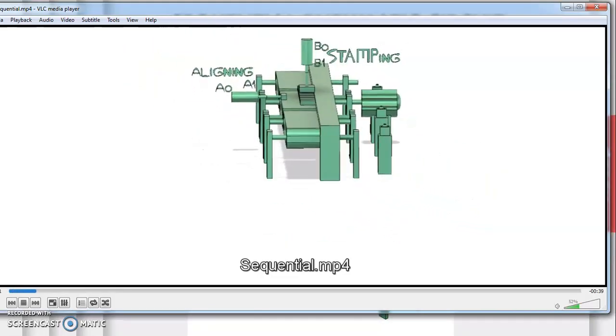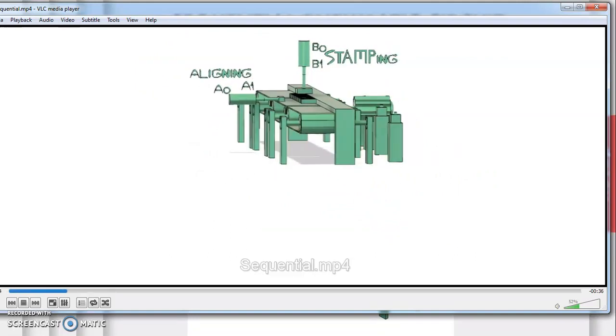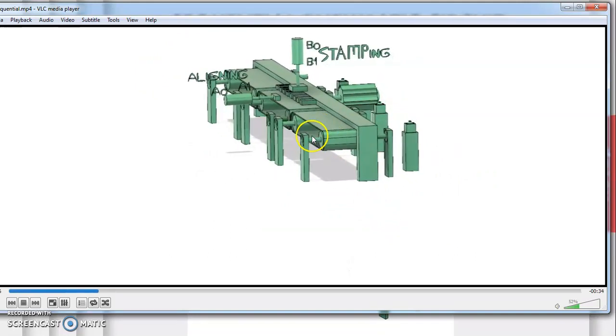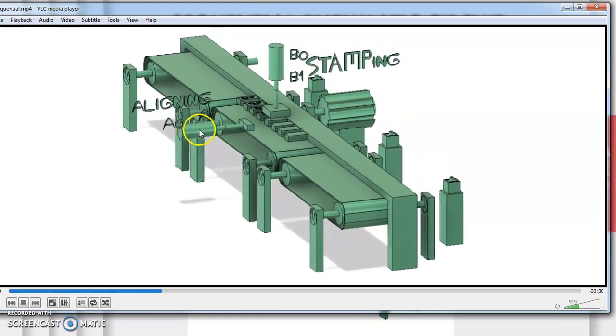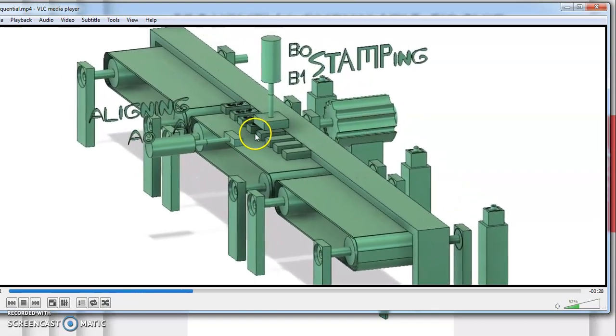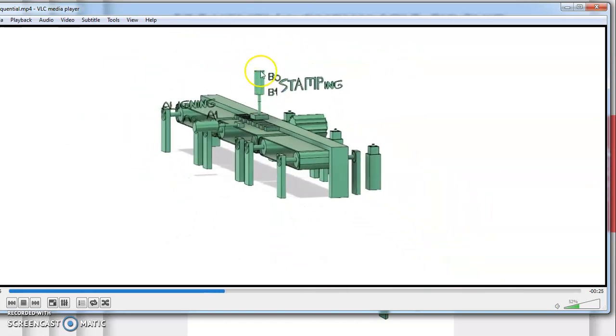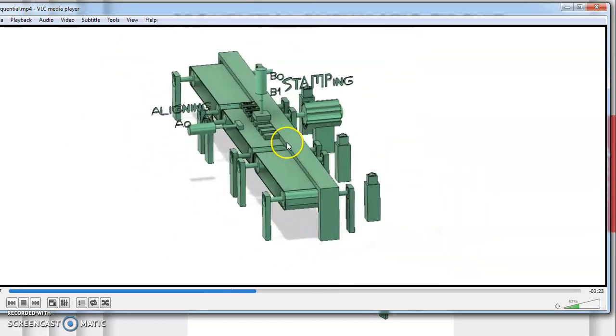So you just see, this will be our application video where we have a conveyor, and on the conveyor the soap bars are placed, and cylinder A is used to clamp the soap bar, and cylinder B is used to stamp the soap bar.